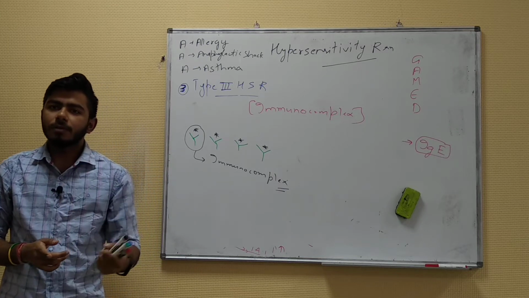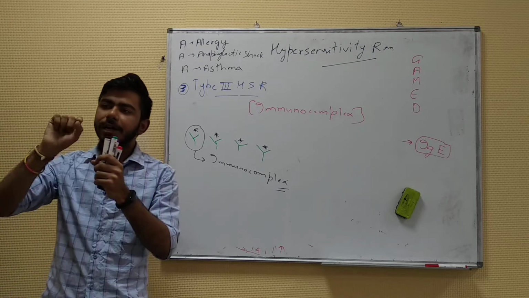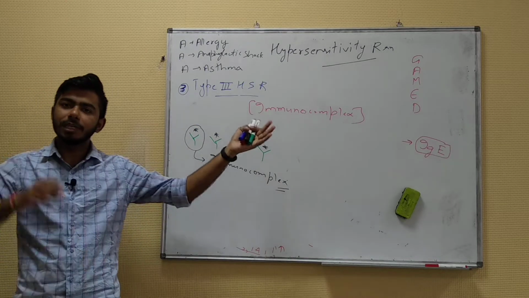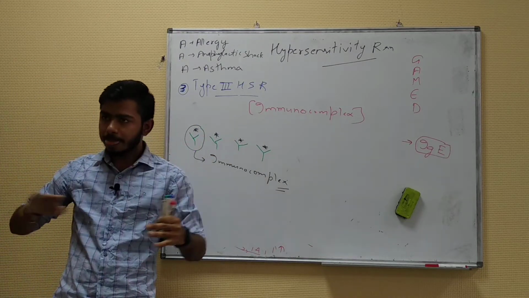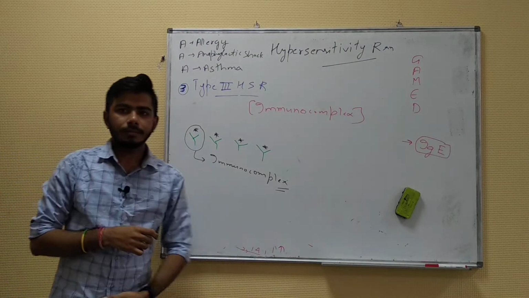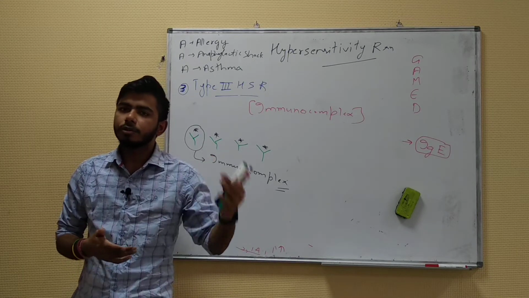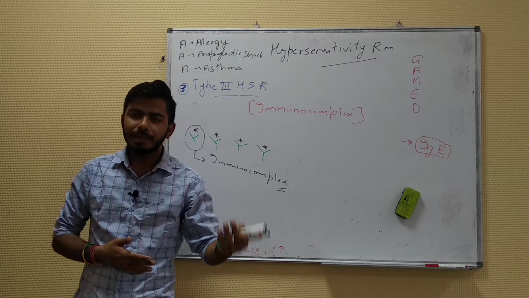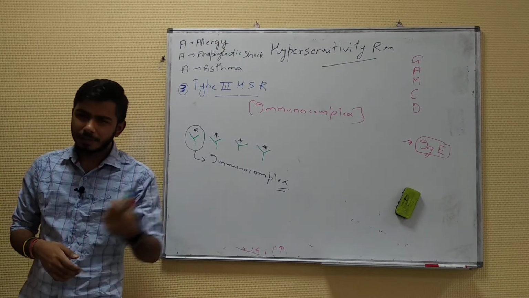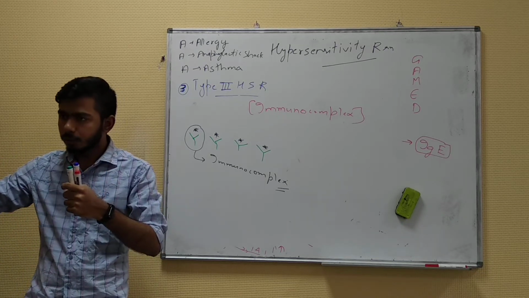I told you the example of post-streptococcal glomerulonephritis, PSGN, and they arrange in irregular form, whereas in type 2 hypersensitivity, they were arranging in a regular fashion, right? So these are the immunocomplexes. Let's say they deposited in the basement membrane. There they will be causing post-streptococcal glomerulonephritis. Mainly they cause the nephritic syndrome, in which these patients will be having hypertension and hematuria, which means blood is being lost in the urine.